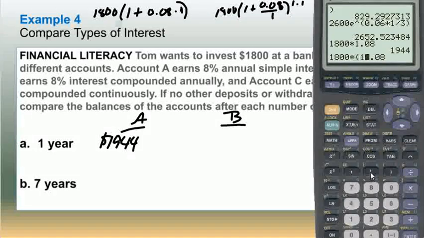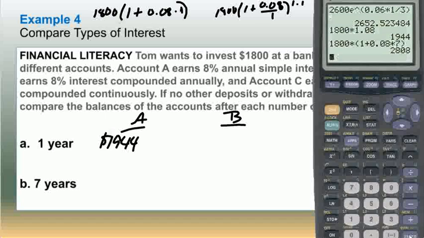So parentheses 1 plus 0.08 times 7 years. And we would get $2,808. For B, we have $1,800